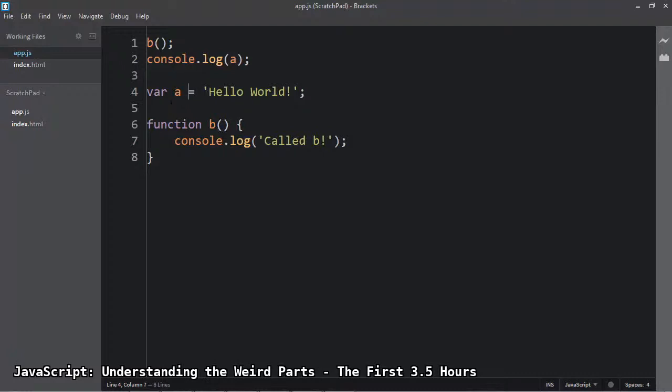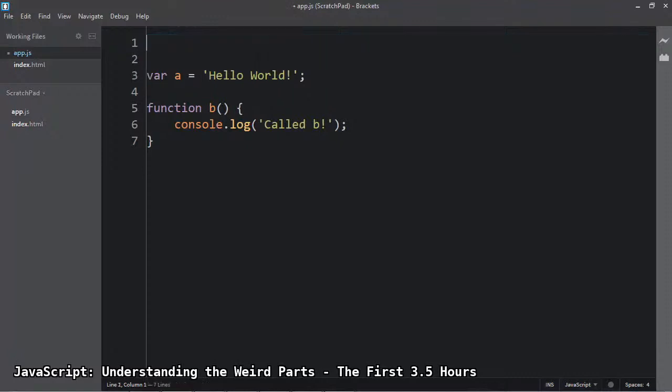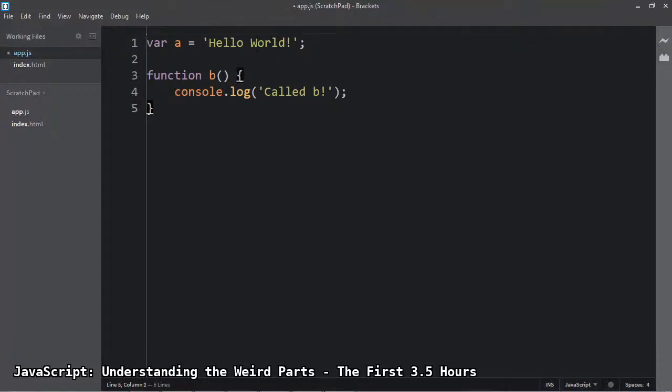That's why it's actually a bad idea to rely on hoisting in any way. You can run into trouble when you realize that that value is actually undefined and not the value you're expecting. So while this technically kind of works, it's better to always do this so that you don't get caught up